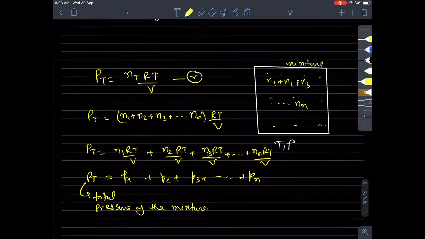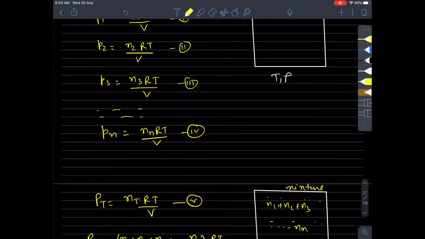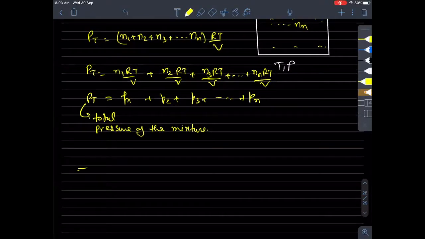Understood? So this was the proof. Now can we make use of it? Let us say in this way, can we say what will be P1 in terms of total pressure? So P1 divided by total pressure. How much will it be? P1 was how much? N1 RT by V, and whole divided by